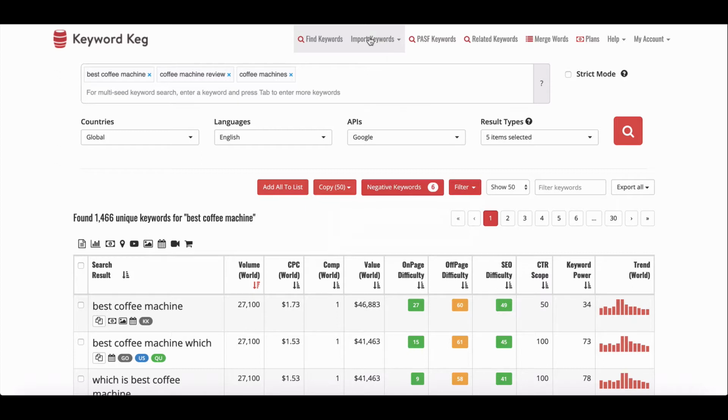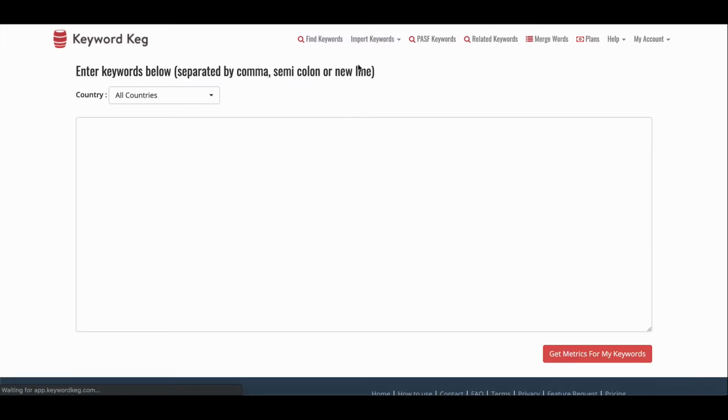The next piece is the import keywords tool. So this doesn't find you new keyword ideas. What it allows you to do is take a list of keywords that already exist, that you've found in another tool or you've got stashed away on your computer somewhere, paste them in here, and it will basically find you the data. So if our keyword idea was dog training and dog training